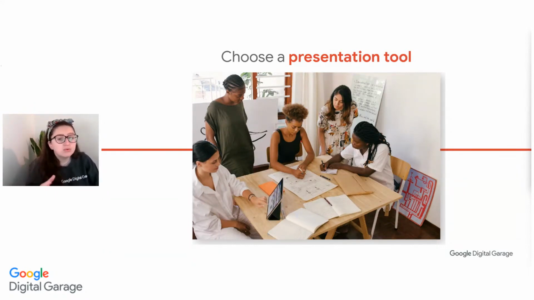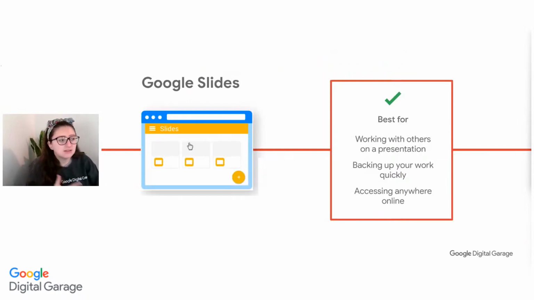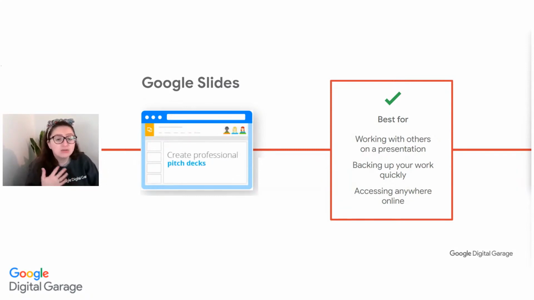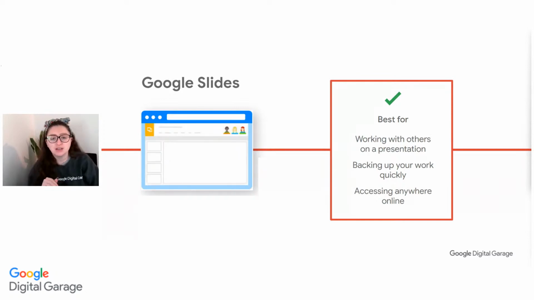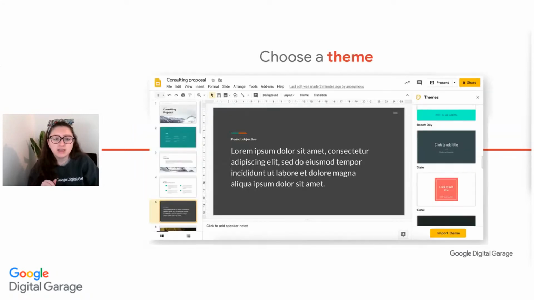Now, they all have small differences, and we're going to take a closer look at Google Slides, as that is something that we're using today that you can see. So Google Slides, as I said, is fantastic for collaboration. You can access it anywhere as long as you've got Wi-Fi, and it's free. And because you're online and it's part of your drive, there's none of that losing your work. It automatically saves to the email address that you've signed in with, which is amazing. So Google Slides is what we're going to talk about for today's session.